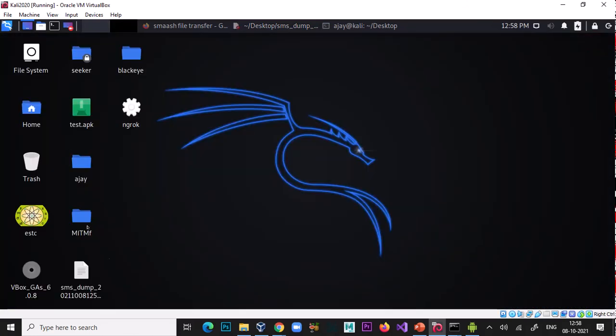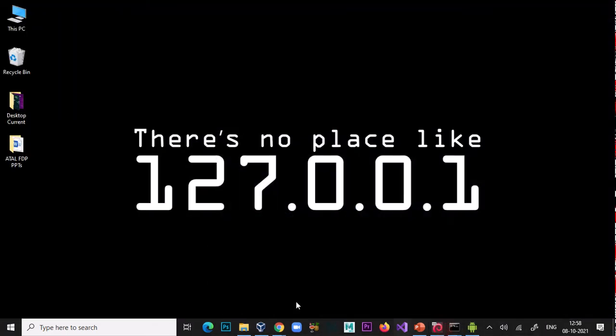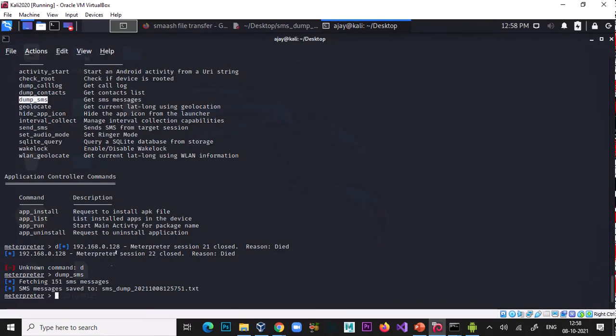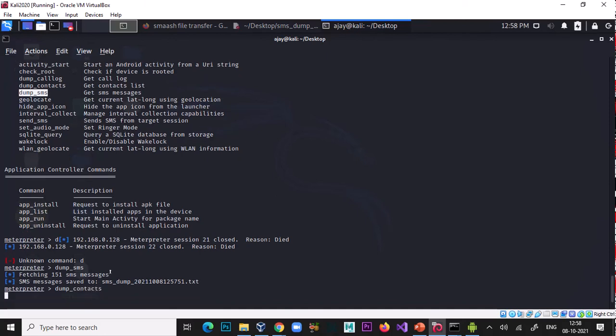Now if you want to dump contacts, just type dump_contacts, and all your contacts are saved into a text file.